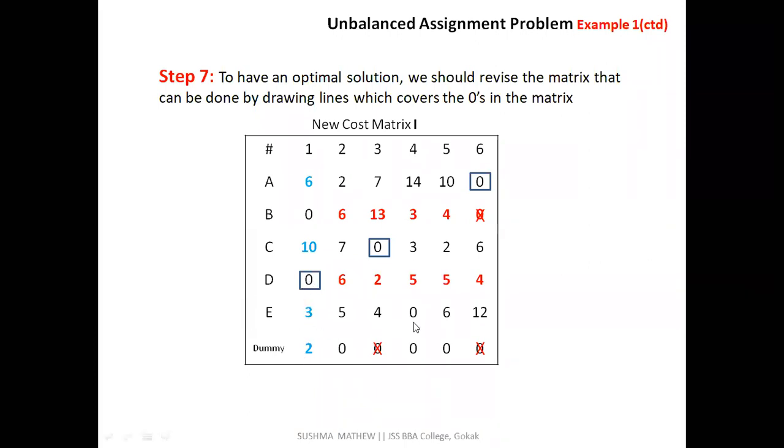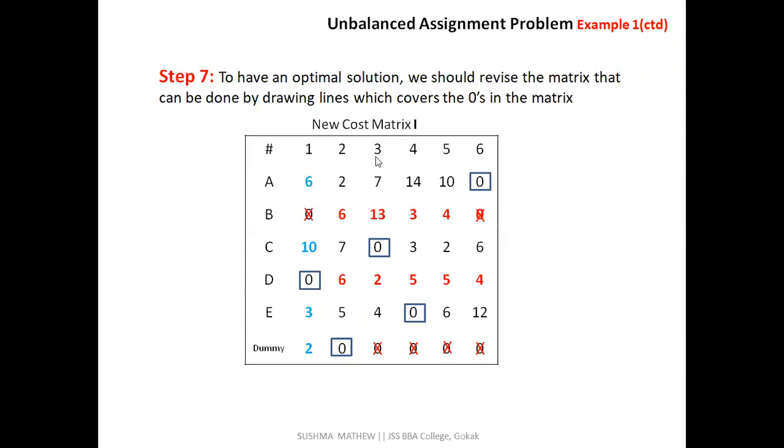E has 1 single zero. I am assigning there. And that zero gets cancelled. Okay, and dummy has 2 zeros left, so I can't assign there because for any assignment I need a single zero. Now column wise I need to check now. Column wise when I do that checking, first column has an assignment, second column just need one more. Yes, in the last. So when I do that again, subsequent zeros in this particular row gets cancelled.